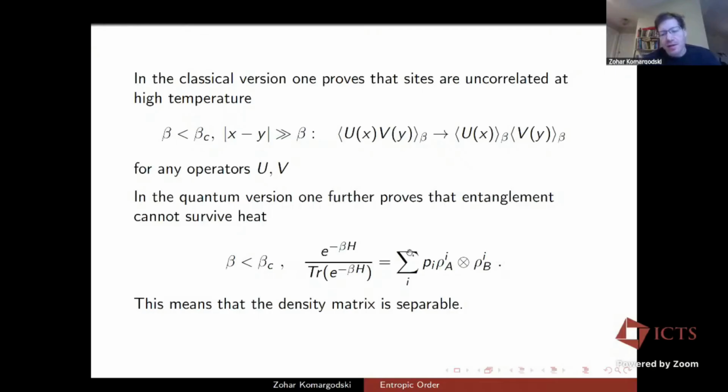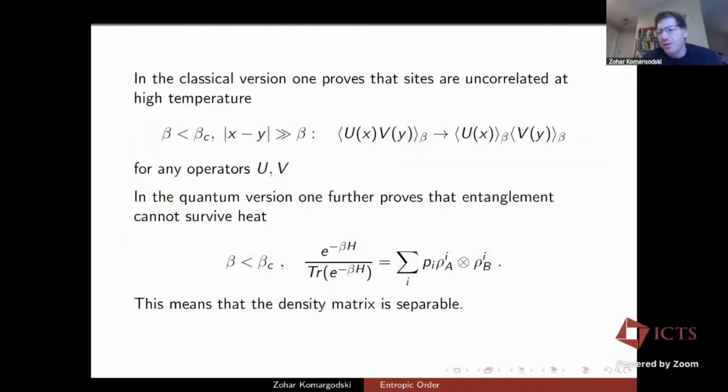But this property comes on top of this property. So you can also establish this. About quantum models, you can establish both results. That the whole density matrix is classical, but also classical correlations go to 0. So both are true. Now, this is interesting because it implies that there is no entanglement. You know, people are desperately interested in topological order surviving to high temperature. But this kind of kills entanglement, and this kills classical correlations. Is that okay? Yeah, thanks.